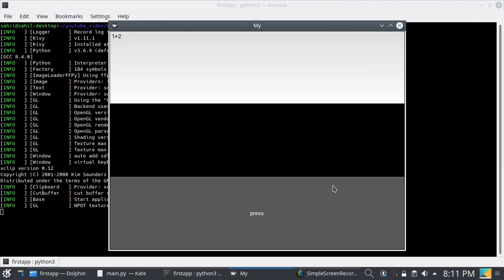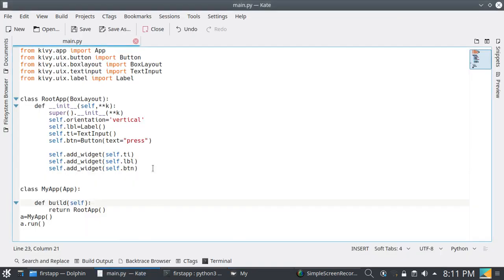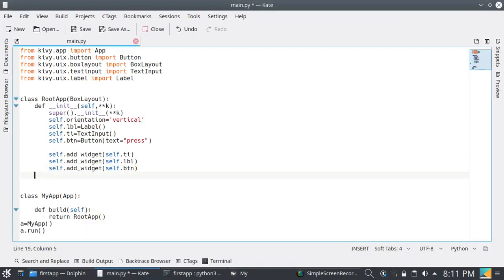We have to call a method or function by this button. So to do this, let's define a method named callback. I am passing self and obj variables.